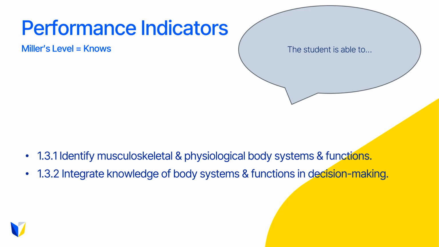Competency 1.3, anatomy and physiology, typically at the nose level, as we can see here. This one falls under nose. But at the nose level of Miller's pyramid, students are able to easily identify and easily describe something or how it works. So for competencies 1.3, 1.4, and 1.5 relating to those health science core knowledge, AHIT and BSTM HIM